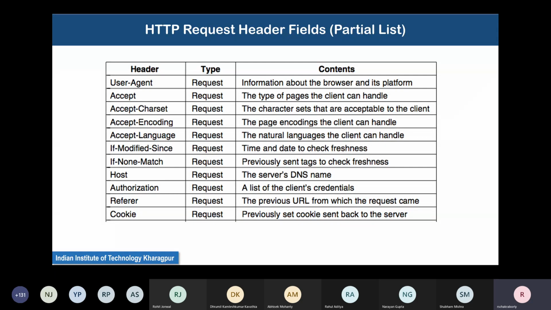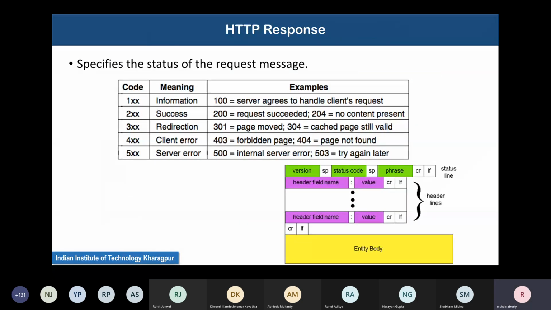But for static web pages, which is most other web pages, like that faculty web page we saw, our departmental web page, those do not need to be retrieved every time once you have received it. Okay. Now this HTTP response, it sends back some response also corresponding to the values that are requested.